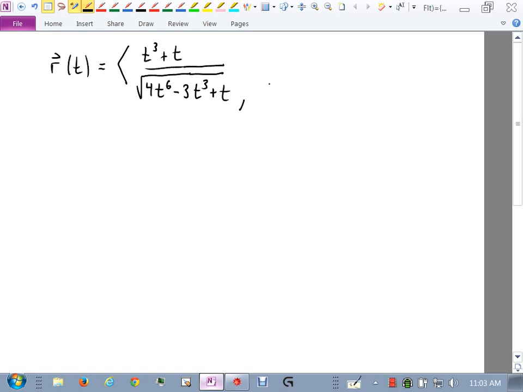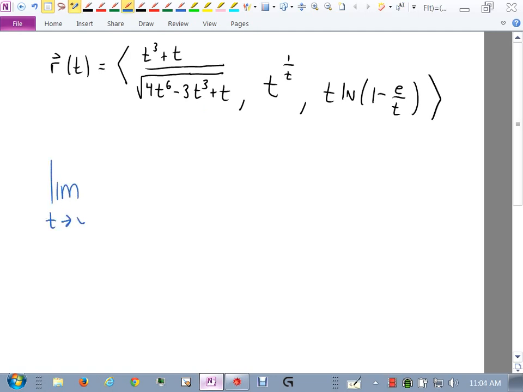And then the next component is t to the 1 over t. And then the last one is t natural log of 1 minus e over t. And you're asked to find the limit as t goes to infinity. All right, so the first one, the first component function, what I can do